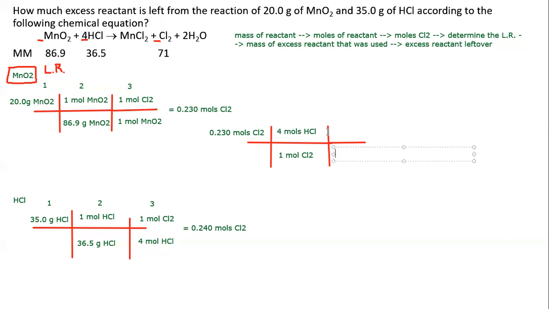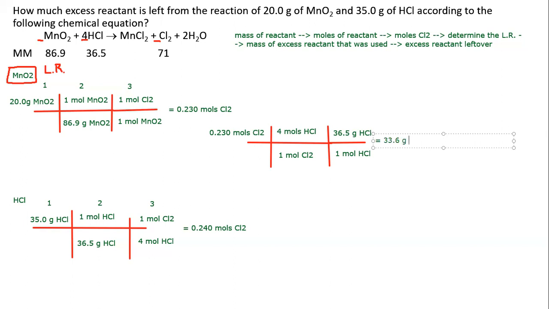So since we have moles, the 1 mole goes on the bottom, 36.5 grams on top. This will tell us how much HCl was used. And we get